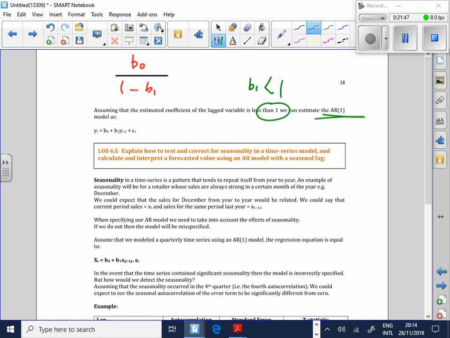You're just removing the lag as opposed to the evidence. It's a simple process. You don't have to know how to do it. I've never seen them ask you to first difference in a question before, but I need you to understand what they're trying to achieve with first difference.